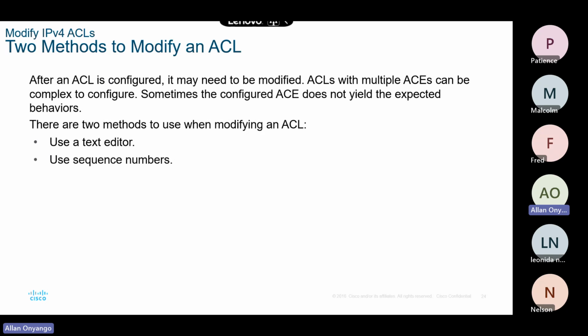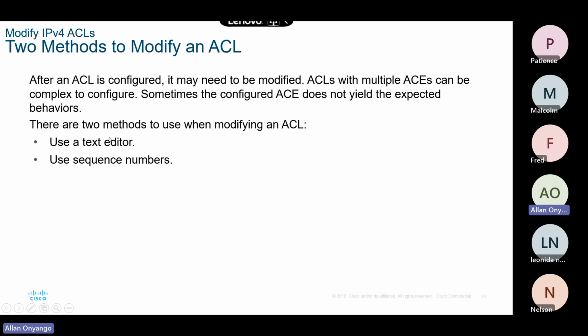Two methods of modifying ACLs. You must have made some corrections probably. And this is where I was encouraging you guys: make sure the text editor is a very good friend of yours. So one, you could go back to your text editor, like Notepad, and just try to edit the ACLs you had created. If you had written a wrong number, you can just go there and edit it,